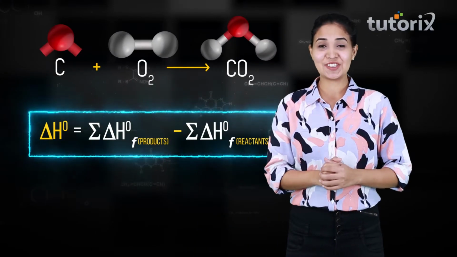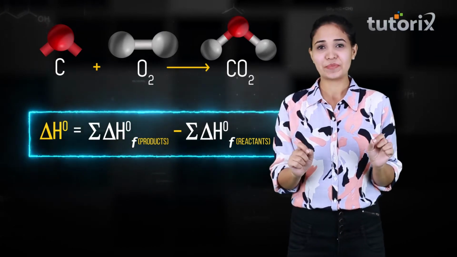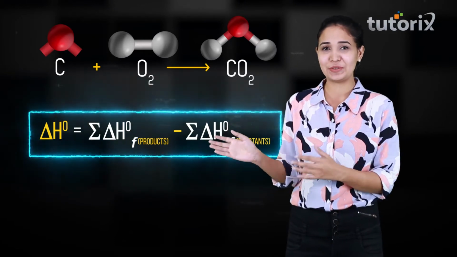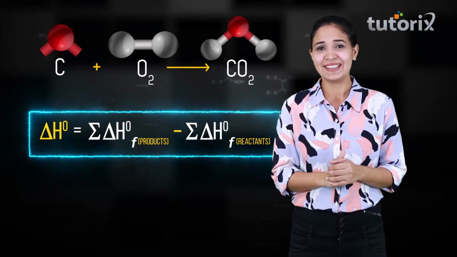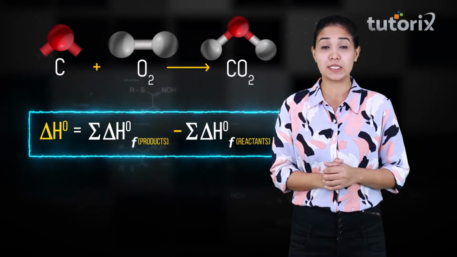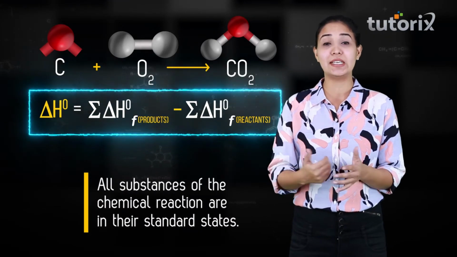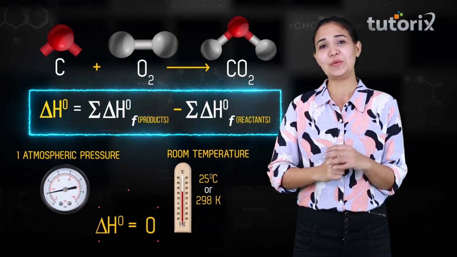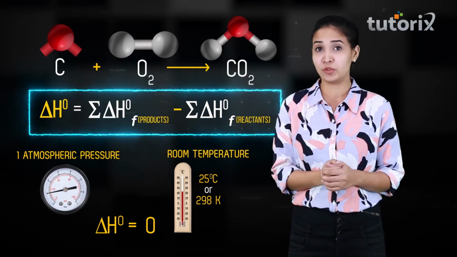Alright guys, so now we have the formula, we have the main condition. All we need to do is just process it. And what do you have to memorize every time? You have to memorize that the delta H naught F value is simply equal to the summation of the product values minus the reactant values in their standard state. Correct? And one more thing that you have to memorize: each element, when it is given that it is in the standard state, that is 1 atmospheric pressure and room temperature, the value would be 0. So now let's apply this and get back to the question that we were talking about.